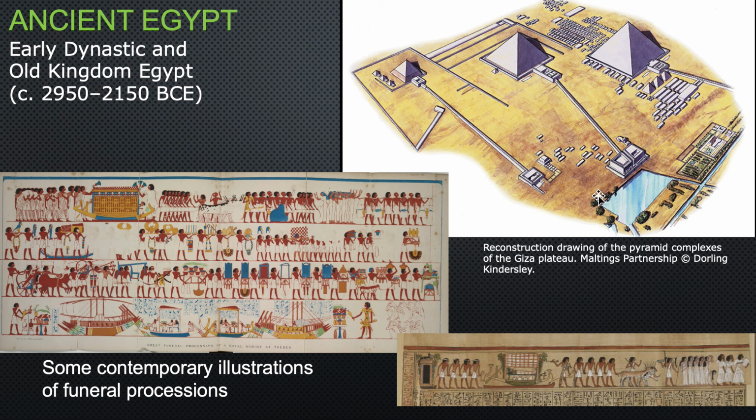Then when the body arrived at the funerary temple, this is where the priests would take over and do everything that they possibly could to make sure that this king would survive into the afterlife. There were many magical spells and things that they would do to the body. Then they would wrap the body up with long strips of linen cloth. And as they were wrapping, they would recite these spells. They would take little amulets and place them over parts of the body as they wrapped and said more spells,